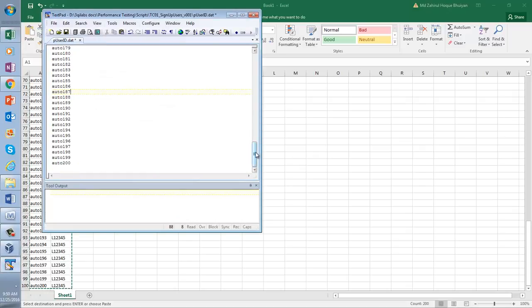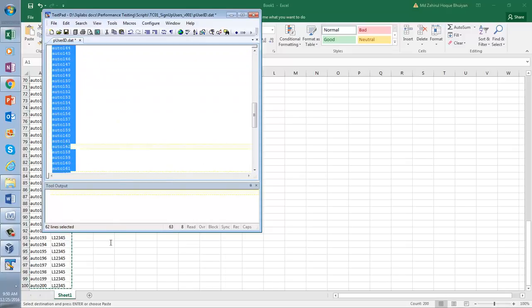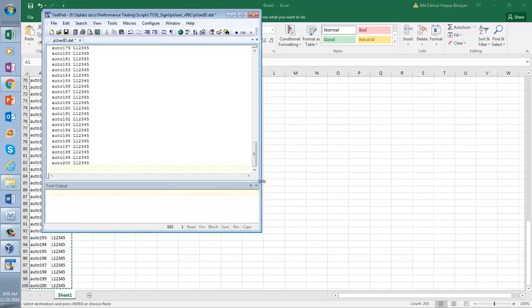This is my parameter file, right? I am going to paste it here. Now, how many parameters do I have here? P user ID.